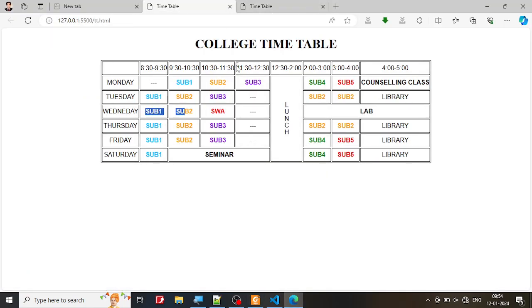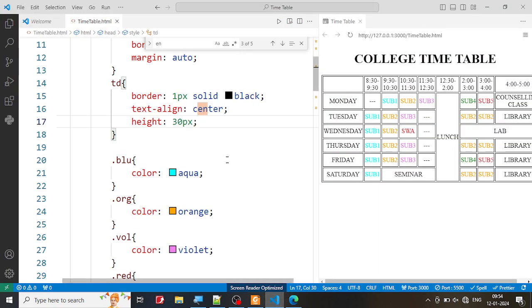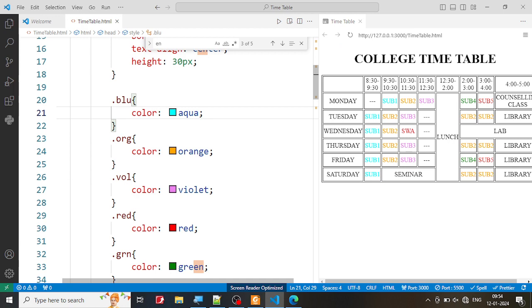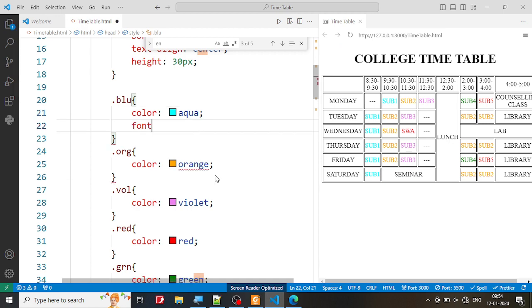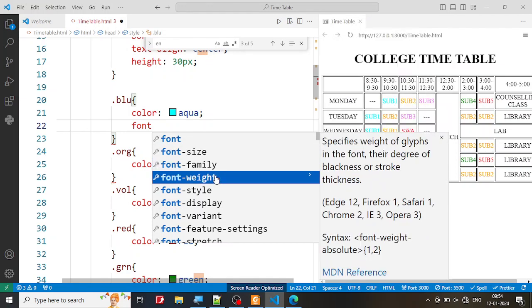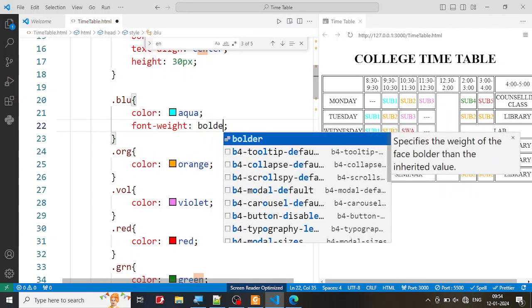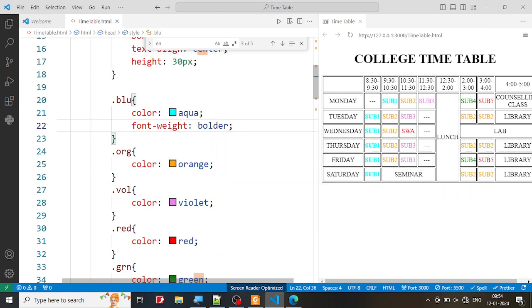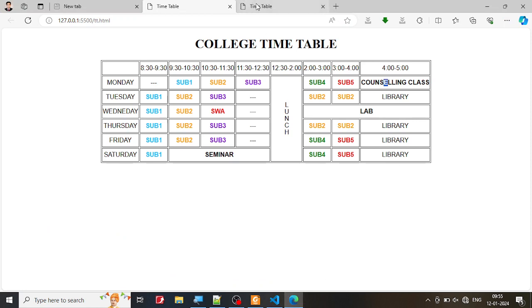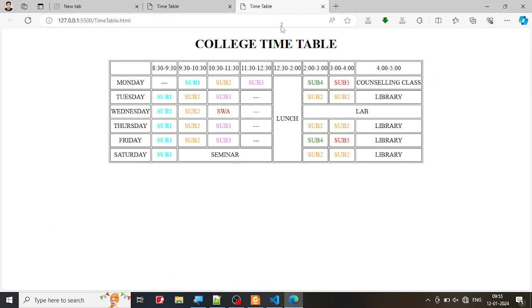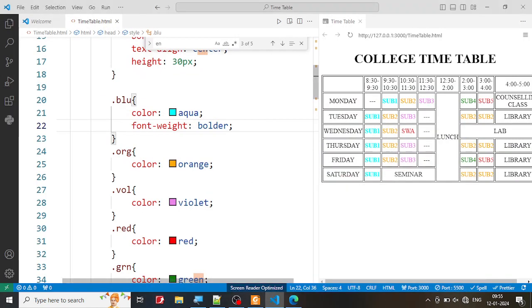My preview also will show you that. See, library is not bold, but the counseling, all of them are bold. So I'm going to set it for one and then copy paste it for all the others. So how do you set this one? You are going to say font weight, and I'm going to make it bolder, more than bold. Now if you see the preview here, did I save it? Okay,